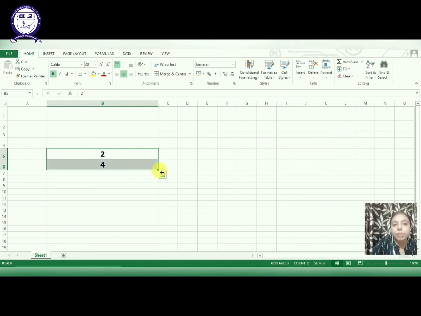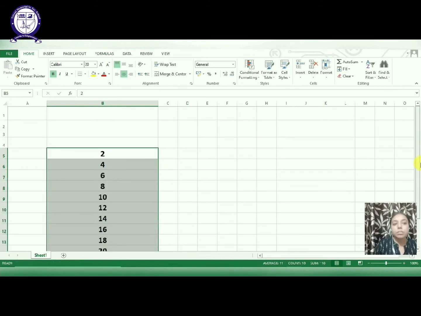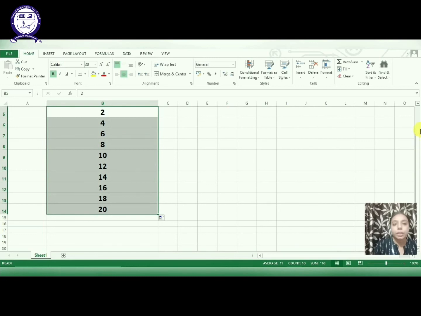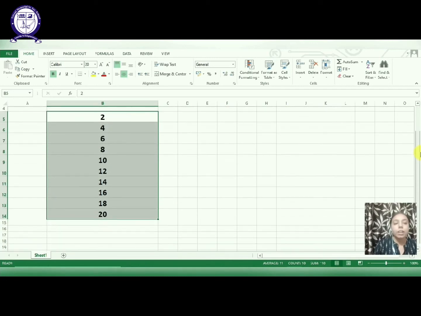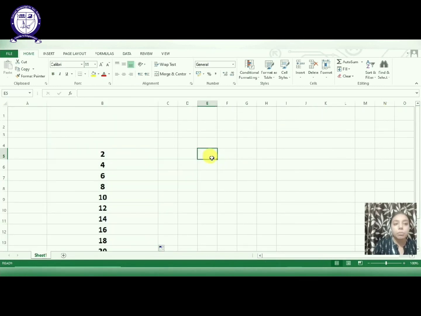Okay. After that we have the fill handle. Now you can see here we have 2 cells selected and this small dot which you see, if we drag it, the numbers will come to us with the gap of 2. You can see here 2, 4, 6, 8, 10, 12, 14. Like this the numbers are coming. After this we can do this with the help of text also. Suppose we have typed here January, then in the next cell February. Now we want that other cells should have the data automatically filled. So select the 2 cells first, click on the fill handle option, drag it downwards, and now you can see here Jan, Feb, March, April, May, June, July. Wherever you drag it, that many months will come.